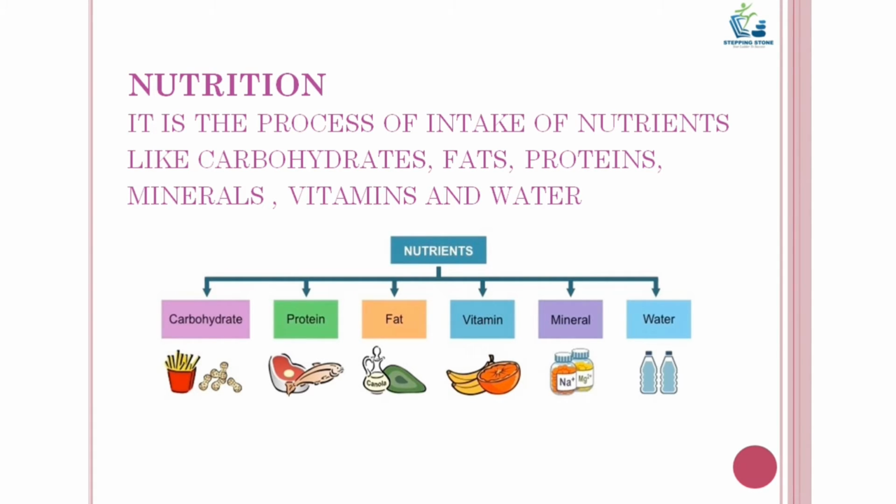Now the question arises, what is a nutrient? A nutrient is a substance which an organism obtains from its surrounding and uses as a source of energy and for the growth and development of its body. The food taken by an organism contains a large number of nutrients, which include carbohydrates, fat, proteins, minerals, vitamins, water, etc. You already know about these types of nutrients. You have learnt it in your lower class.